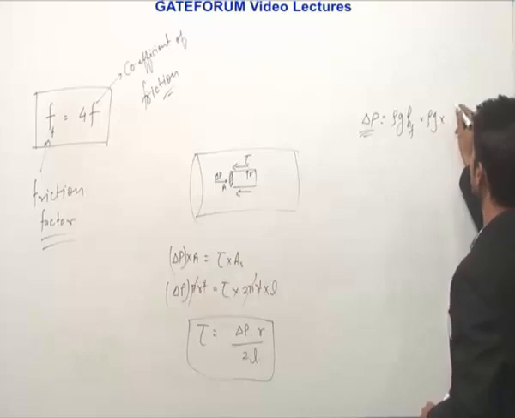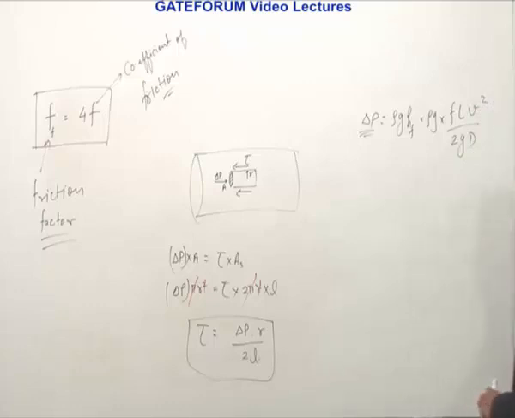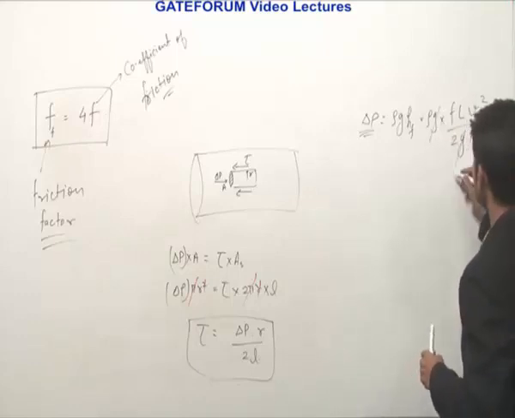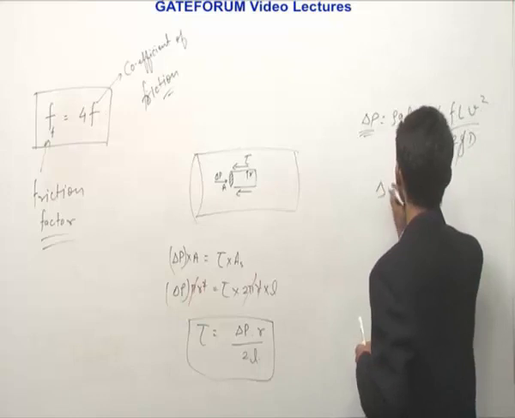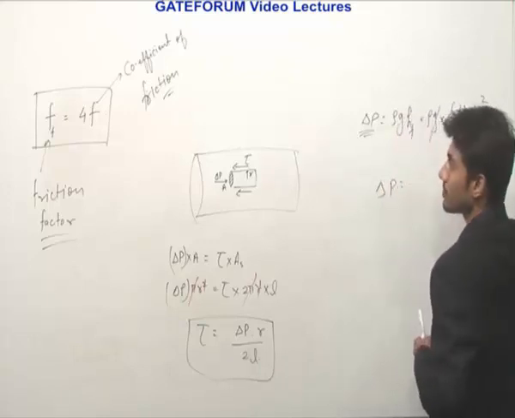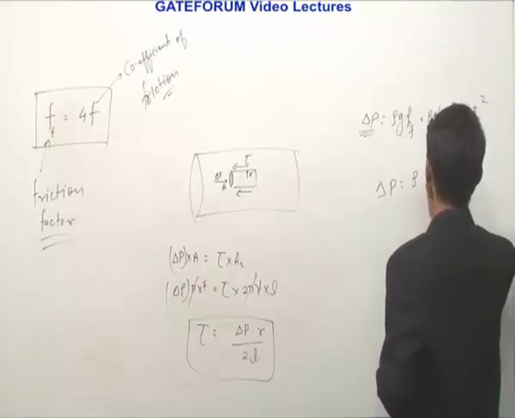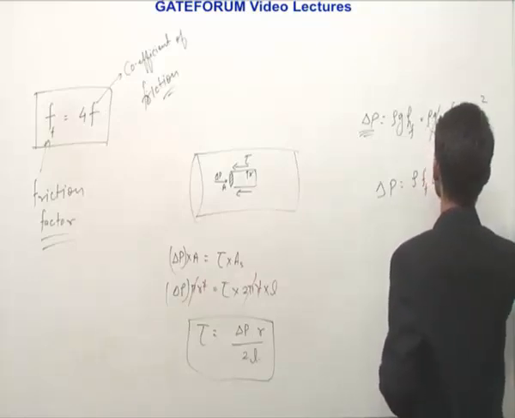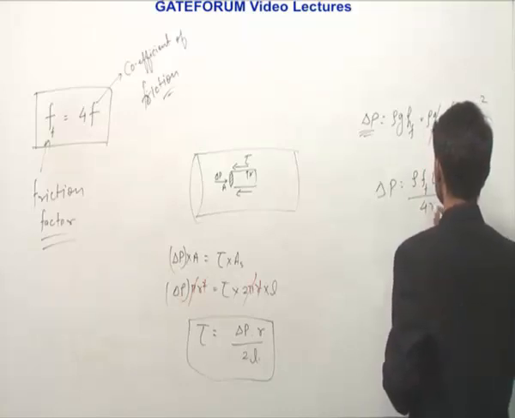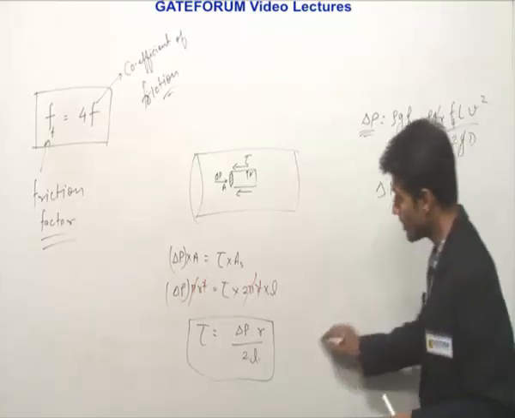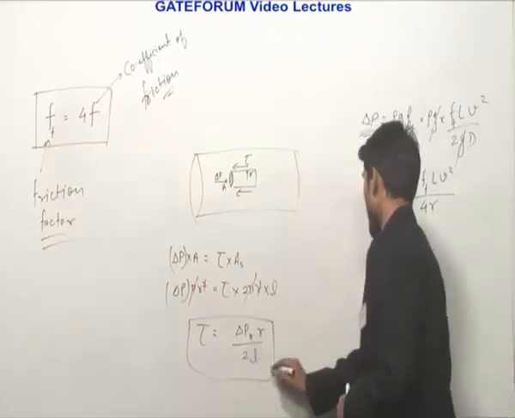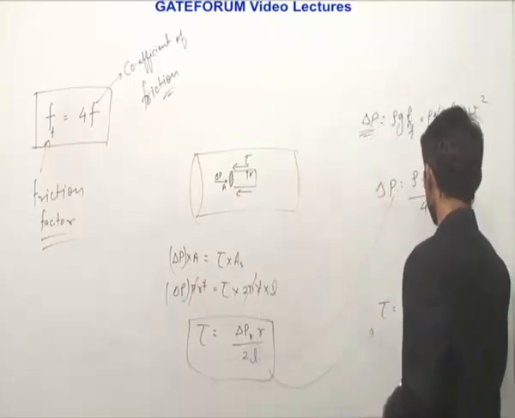So rho g into fL V square divided by 2g d. This is what my formula looks like. Now from here g and g get cancelled, so I have delta P equal to rho into f, where f is the friction factor, into L V square upon 2d, which can be written in terms of 4r. If I replace this delta P term here, I will get tau is equal to rho